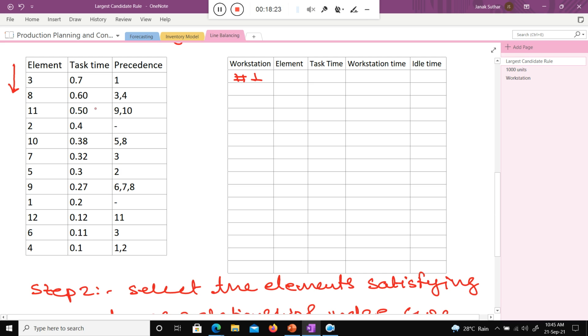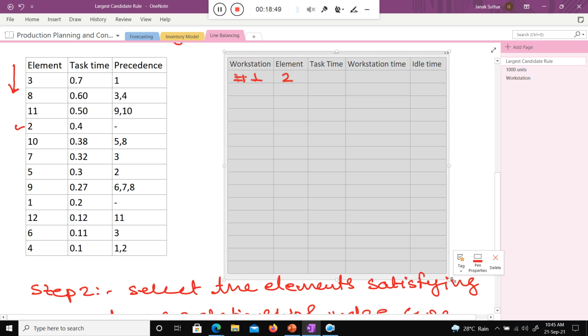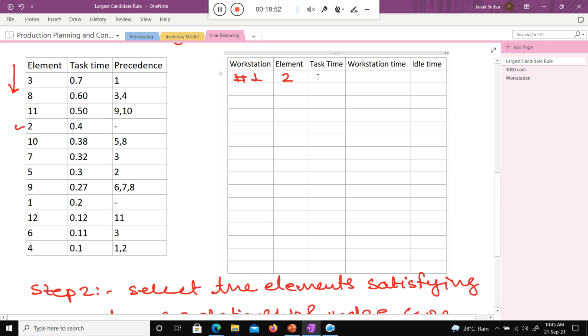So just see here, class, what I will do. This is the work element 2, and here I am writing the task time, that is 0.4.